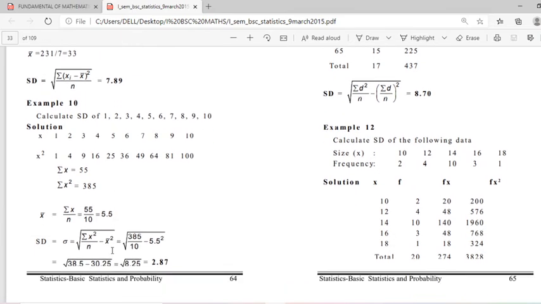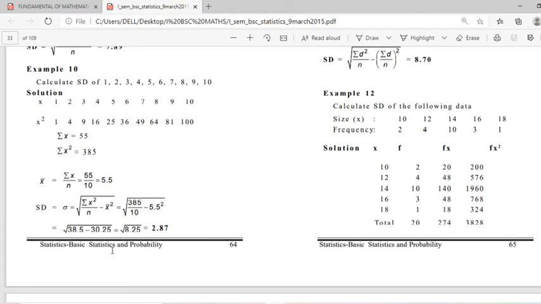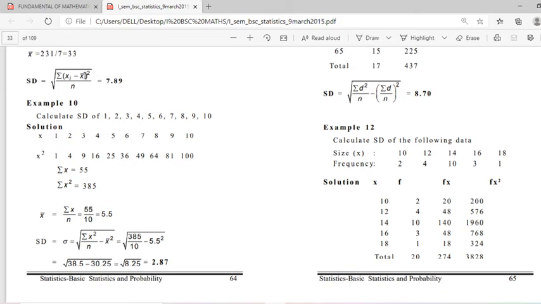Okay, this is another example. Calculate the standard deviation of 1, 2, 3, 4, 5, 6, 7, 8, 9, 10. So we can compute it using the alternative formula for the standard deviation. You know this summation xi minus x bar whole square by n can be